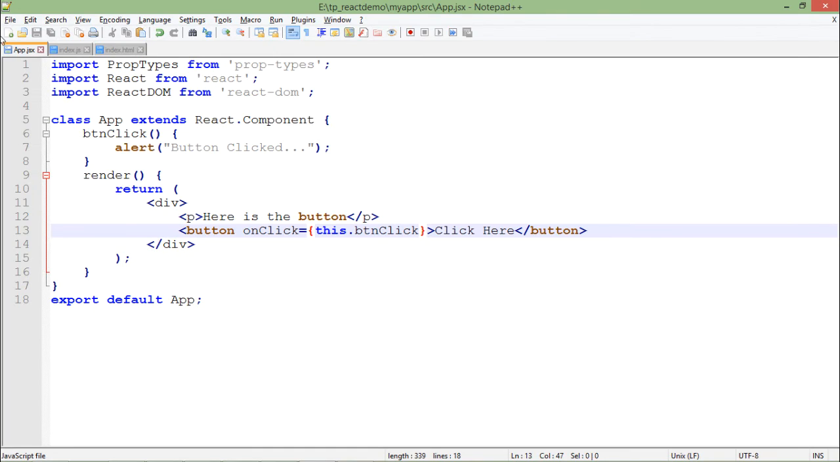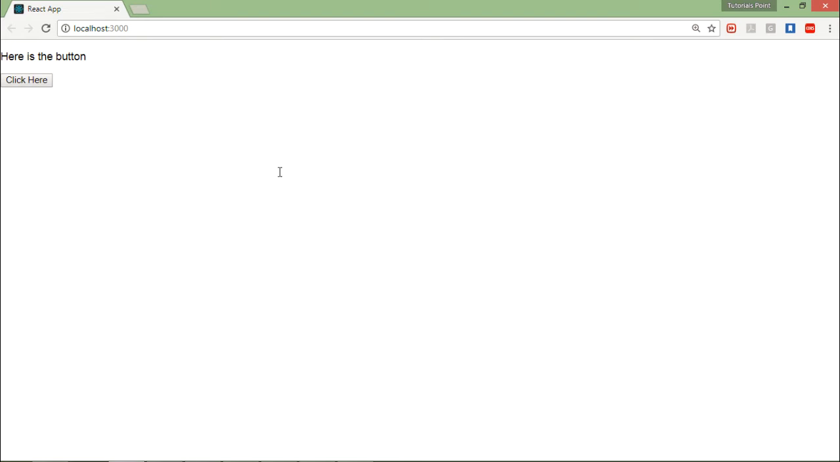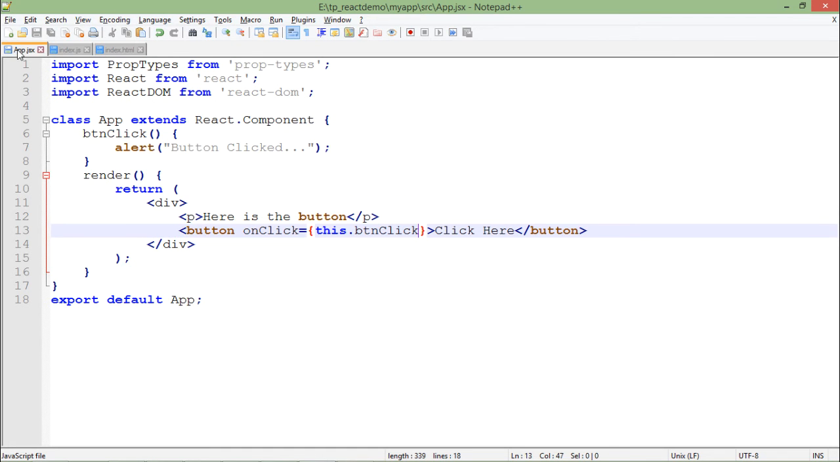Alright, now every time when I'm putting this app tag here in the index.js to render my created component, I'm taking a non-pair tag. So let me take the pair tag for now, and inside this I would like to write something like here is my button. Alright, but here is the button. Let me change some of the text, like button is here. I'm saving that, but still you can see I'm getting the text here is the button, which I set in the